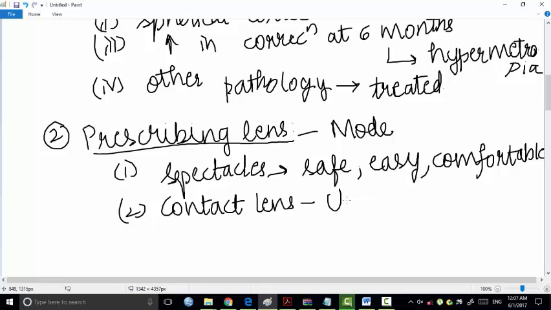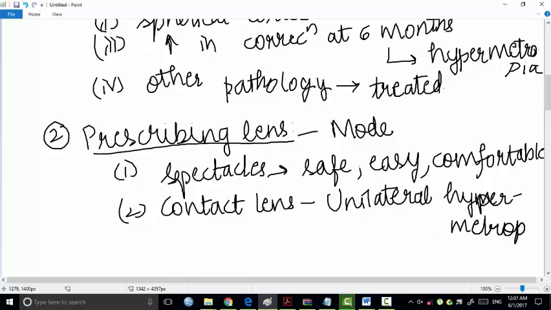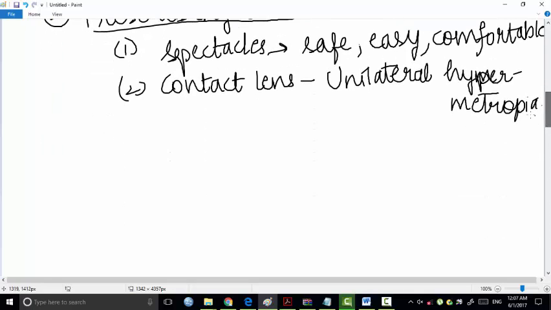These are basically for unilateral hypermetropia. For unilateral hypermetropia, we can mostly use these contact lenses,